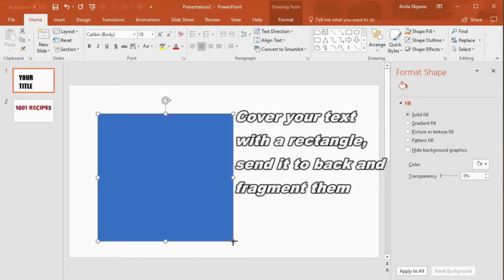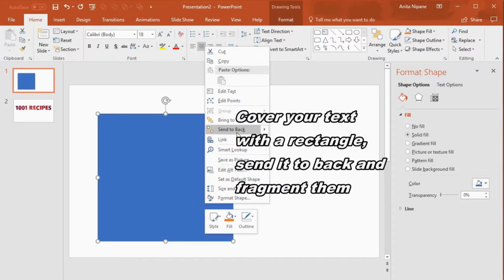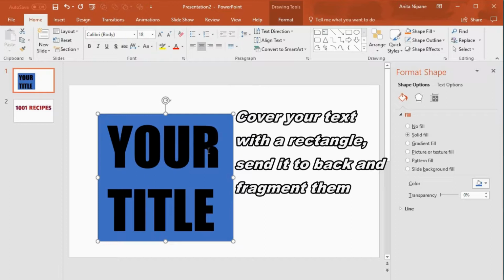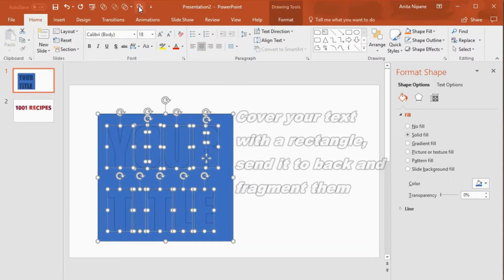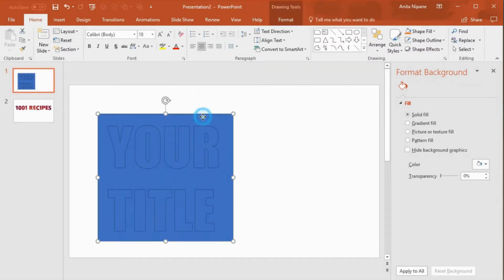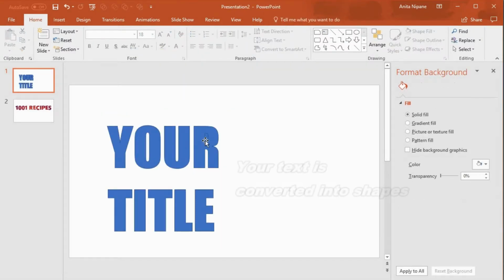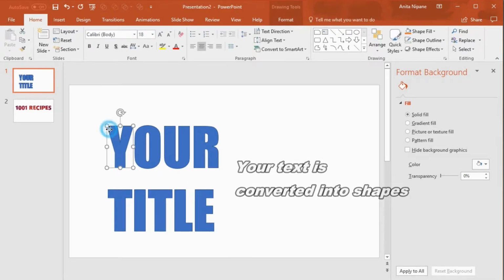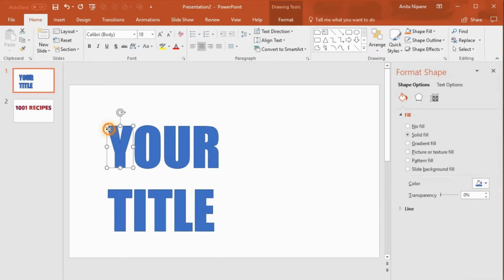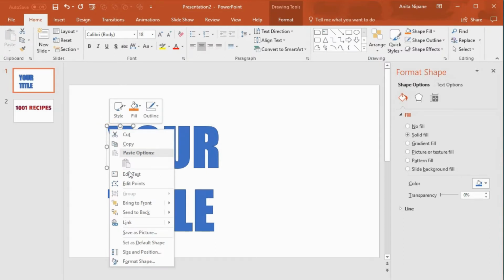At first, you need to convert your text into shape. Select both objects and fragment them. Now click with the right button of your mouse on the letter that you want to customize and choose Edit